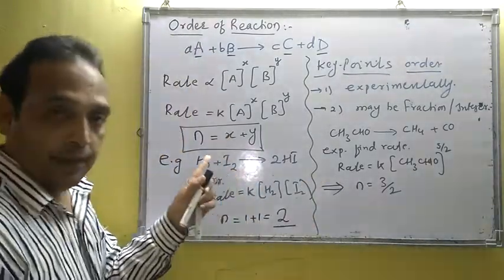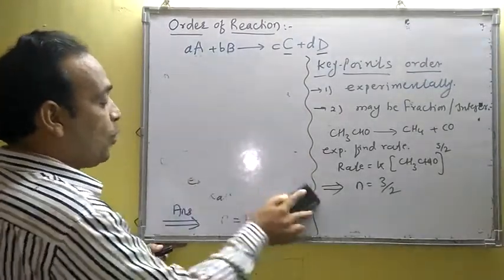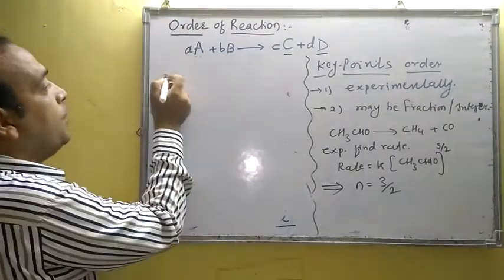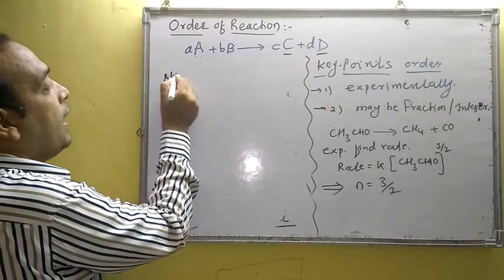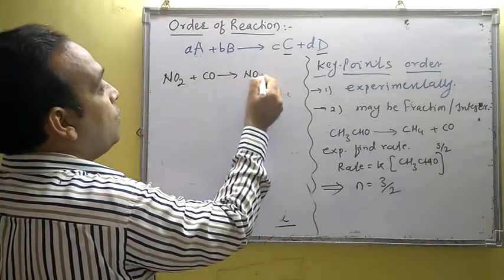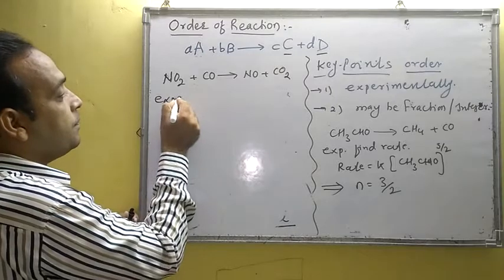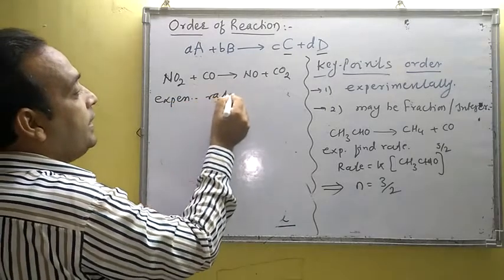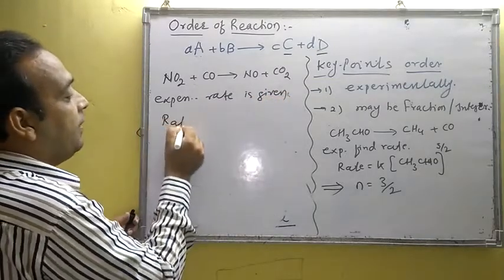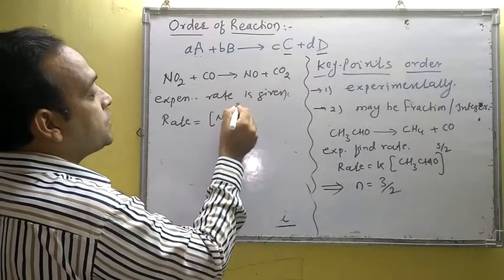ओके, मैं ये part drop करता हूं. Order of reaction may be 0. अब suppose एक reaction is given to you. एक आपको मैंने reaction दिया. Now NO2 plus CO convert into NO plus CO2. Now experimentally rate is given, that is rate is equal to concentration of NO2 raised to the power